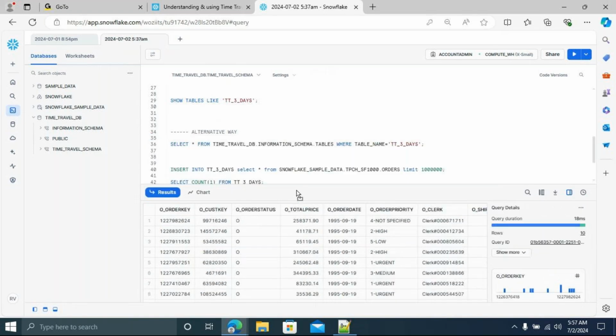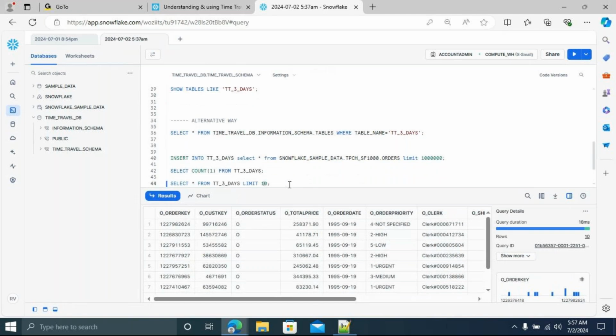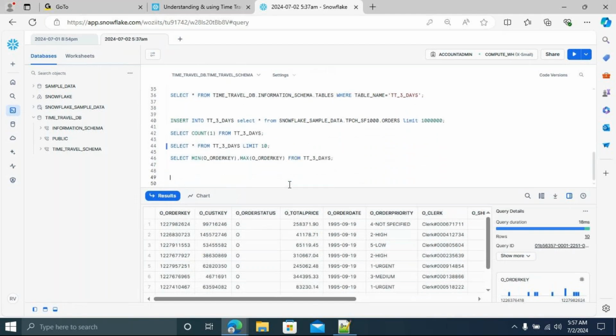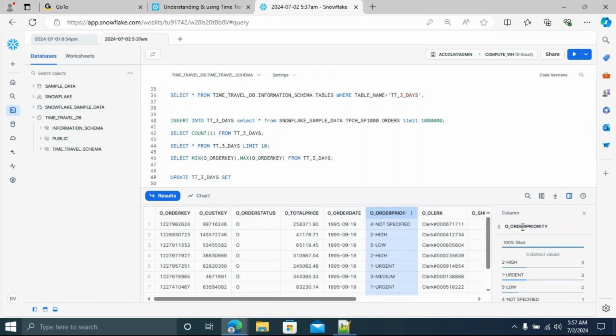Can you say the update statement for me? Very simple. Yes, sir. What is the update statement? Update TT underscore 3 days, not TK. Okay, just one second, guys. My cursor is not moving here and there. Yeah, now it's moving. Update, set O underscore order priority